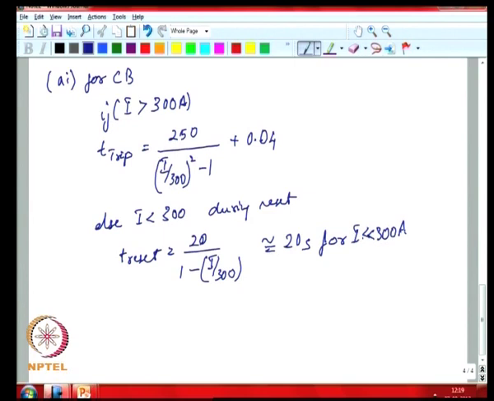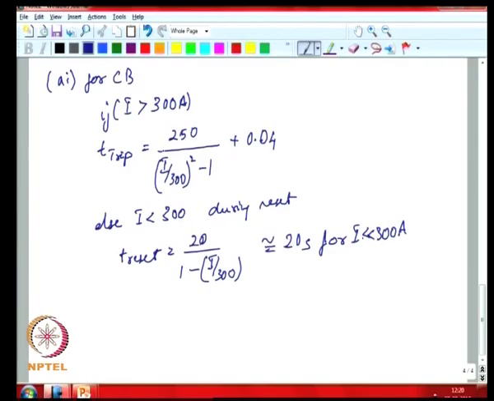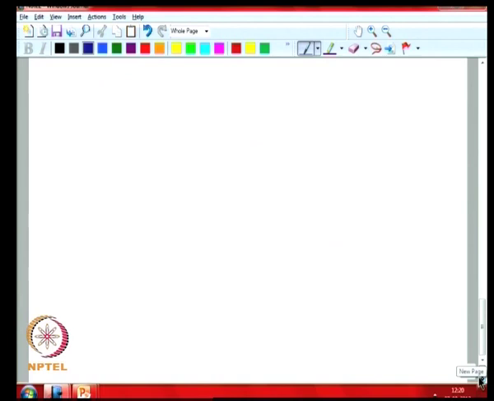The pickup current. If you look at the particular breaker, the total load that comes in from load 2, load 3, load 4 at this particular breaker adds up to about 200 amps. So, at that point, your reset time is of the order of 36 seconds, but we will assume that the reset time is a constant value of about 20 seconds. So, next for the CBR,